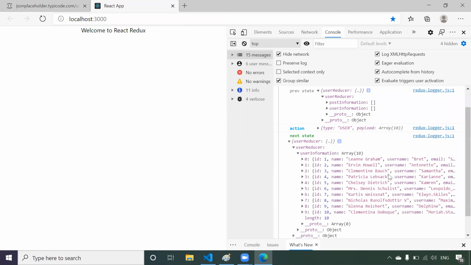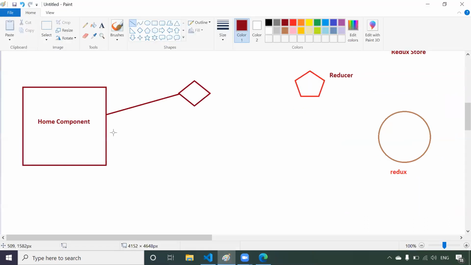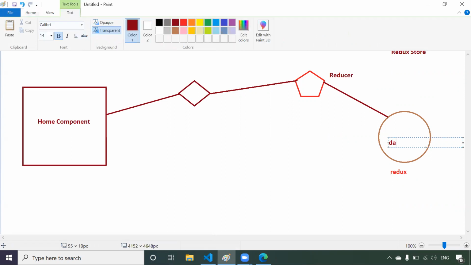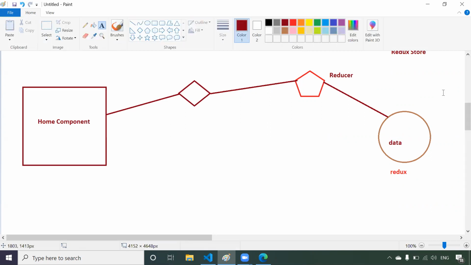See, now we have stored this data, the complete data which we are getting from the server. Finally we called the dispatch, and dispatch called this particular reducer by passing the data, and the store called this reducer, got the data, and the data was stored in this store.